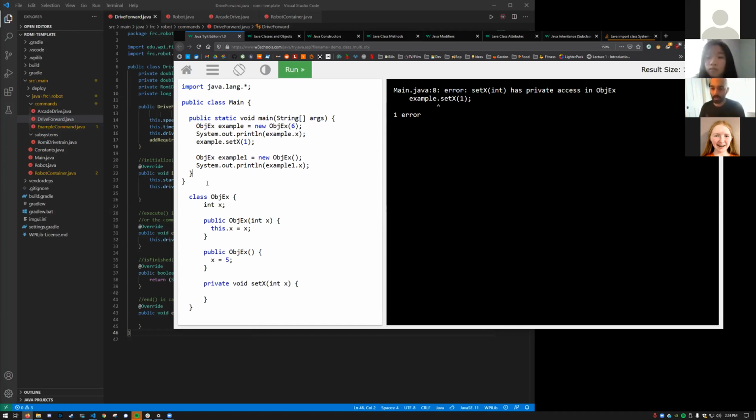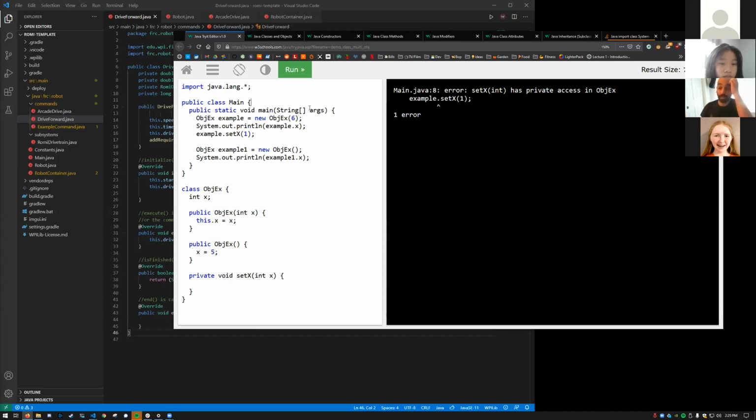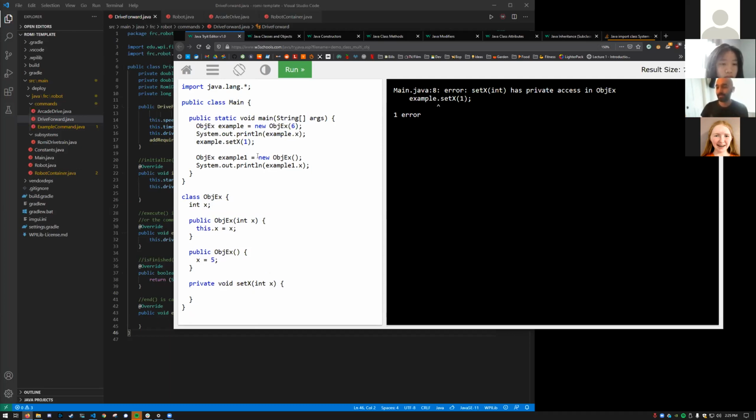Okay, so I improved this example a little bit. Thank you for the explanation, Stuart. Object example doesn't live in main anymore. It's declared in its own little context. So now we can get back to what I was saying. We called example.setX. However, setX is private. So you can only use setX within object example. If we try to use setX outside of object example, it tells us that it has private access within